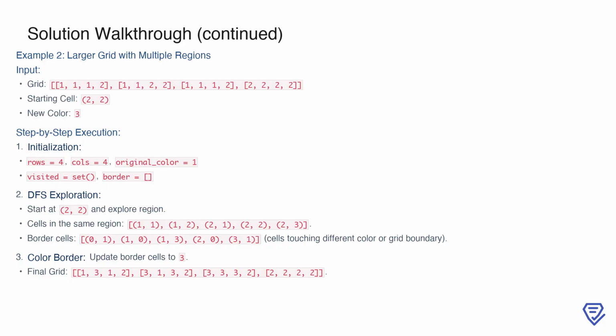share the same color. The border cells of this region are identified as (0, 1), (1, 0), (1, 3), (2, 0), (3, 1), because they either touch a cell of a different color or are adjacent to the grid boundary. After marking these border cells, we update their color to 3. The final grid is now 1, 3, 1, 2, 3, 1, 3, 2, 3, 3, 3, 2, 2, 2, 2,